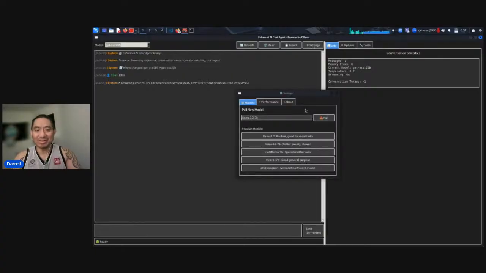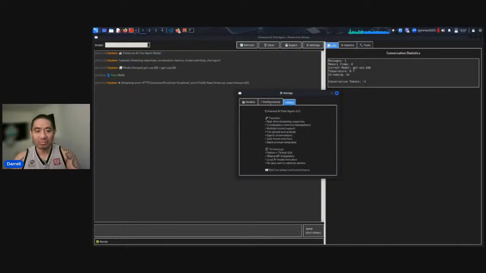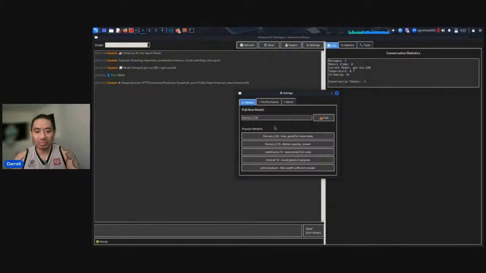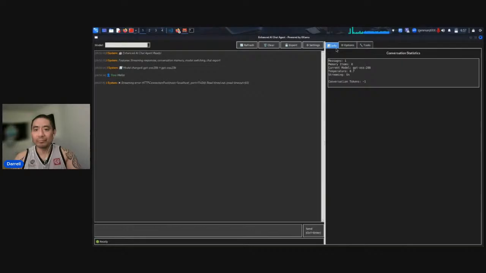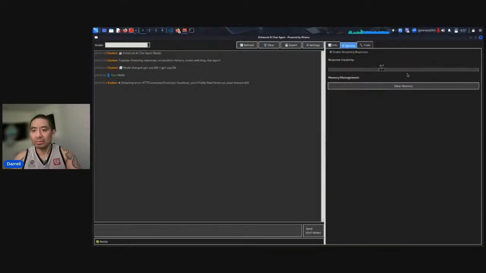Let's see if we can use the settings and see if it actually can work from there. So let's do models. I don't want to pull any other models because GPT-OSS is already installed. So let's go to options.